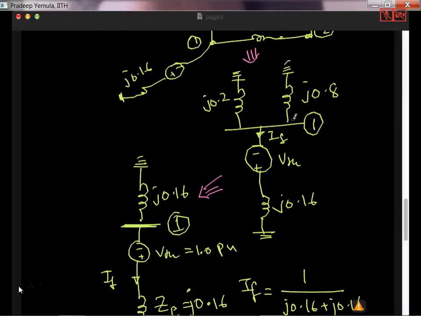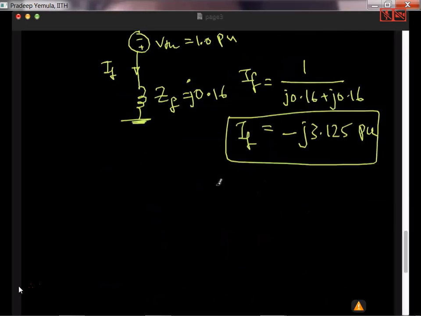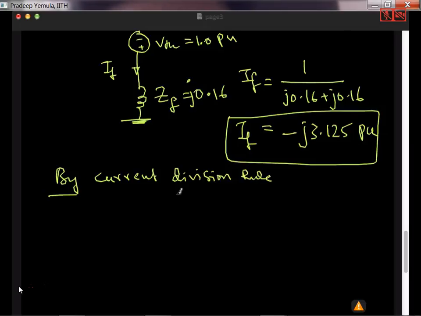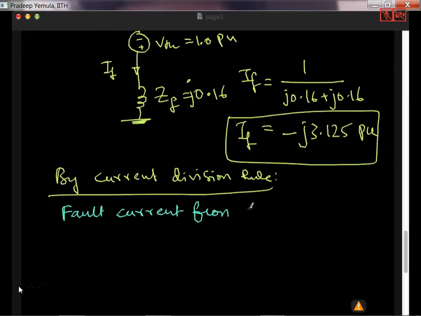So 0.2 and 0.8 you can see. So by current division rule, fault current from generator 1